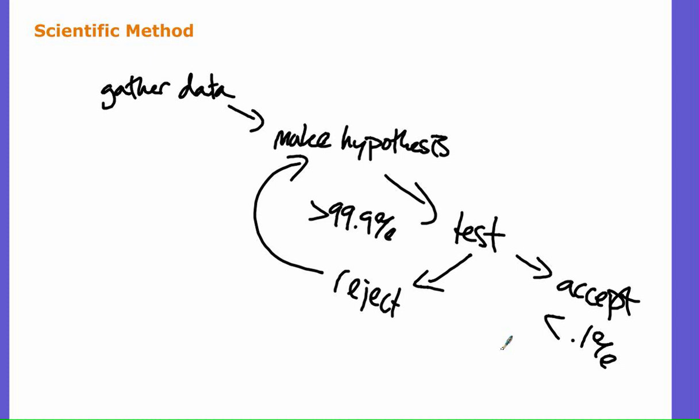So a lot of time you get stuck in that reject, remake, reform that hypothesis. But every time you test a hypothesis, you get more data. So you really almost come back here, and the more data you have, the more likely it is that you can actually figure things out. So it's not a bad thing. It's just part of the deal. You got to get used to failure.